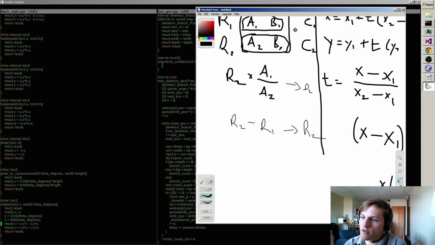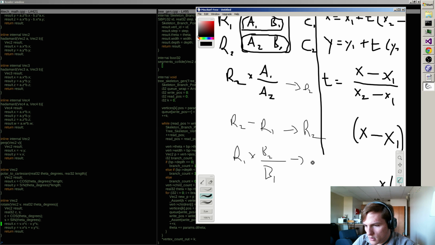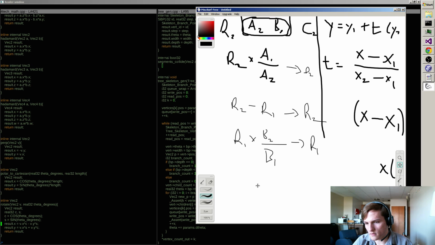What order do you want to do that in? Because you want to eliminate the top now, so you probably take the top and do R1 times B2 over B1, right? And that goes into R1, because that should get it ready for elimination. And then you do R1 minus R2 into R1,